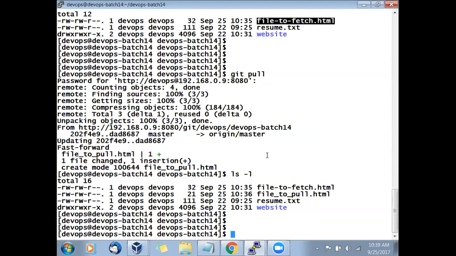But we already downloaded the first file, so it will not show that, because already it is matching. The second time it downloaded only one file, which was not matching, which is file to pull. Okay, good. So hopefully you got some idea.